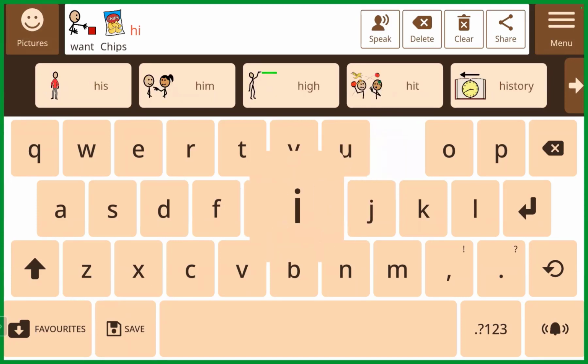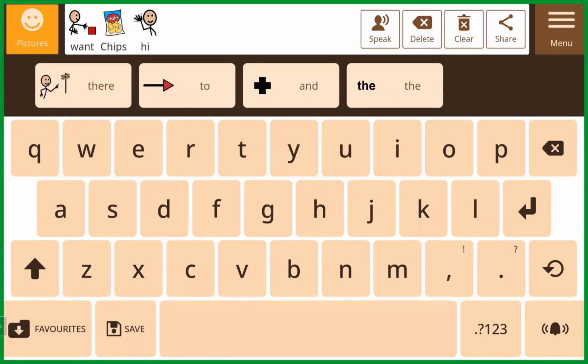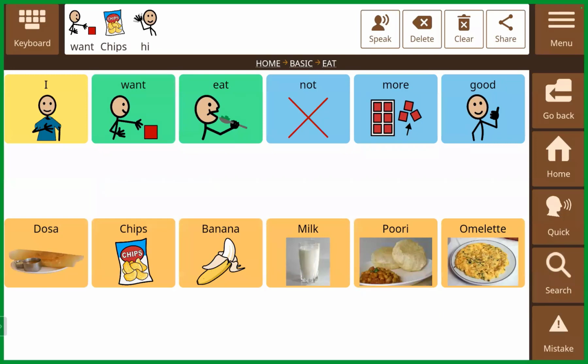And in the keyboard mode, we can type a sentence in this way. Hi. All right. So as you can see, let's go into